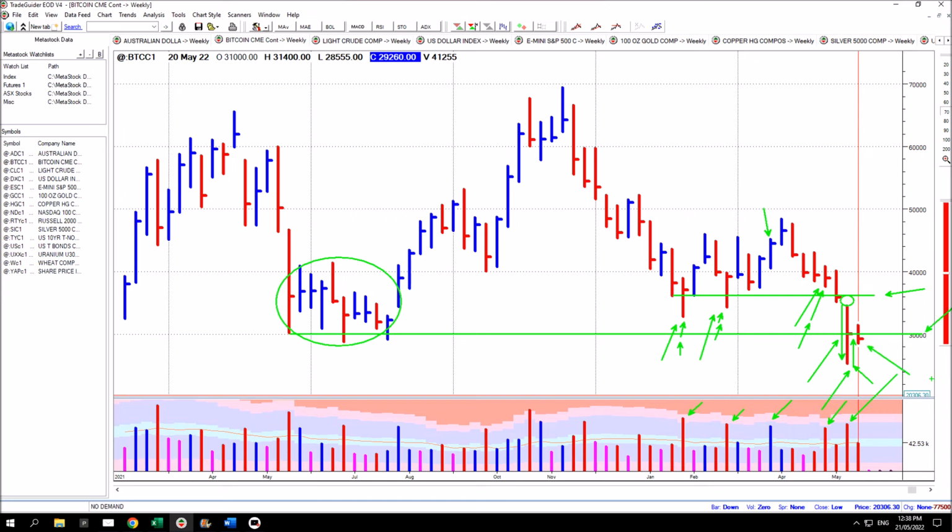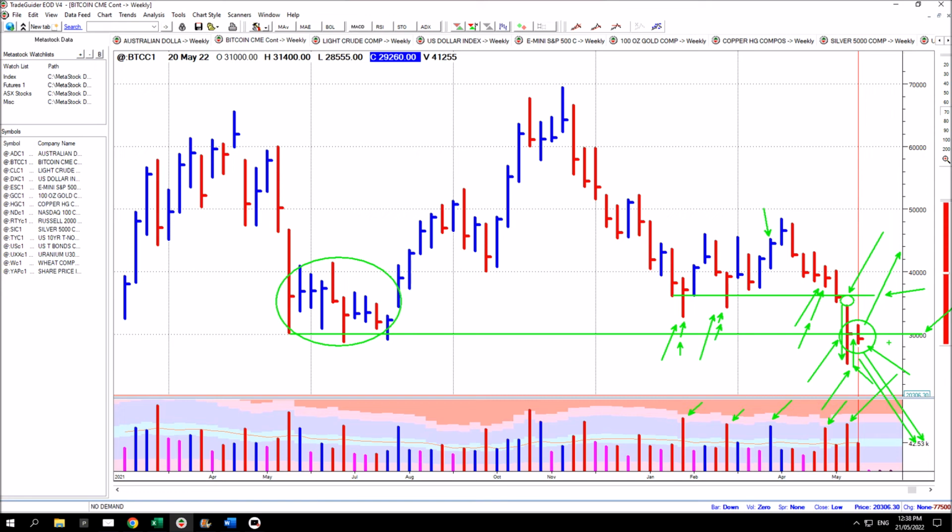Now, this week saw spread or range contract considerably. A serious contraction, one of the narrowest bars that I can see. Generally in response to a sharp contraction in spread or range like that, you will see an expansion in spread or range in one direction or another. This market's gap down here, so the suggestion would be it's going to try to break down like this. But that's not to say it will, because these really sharp contractions in range really never tell you which direction the move will be. It just generally tells you that after a